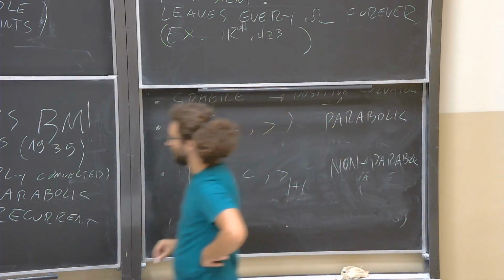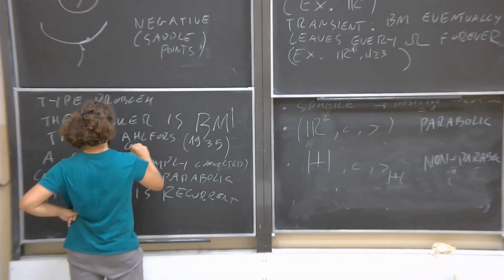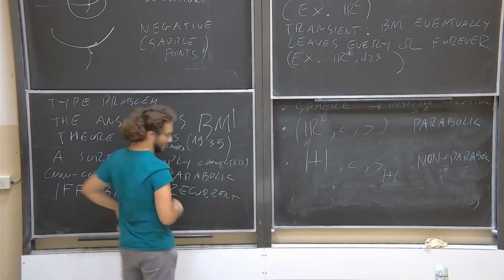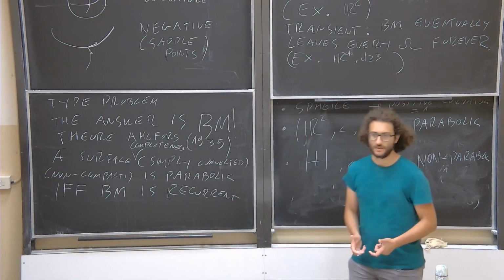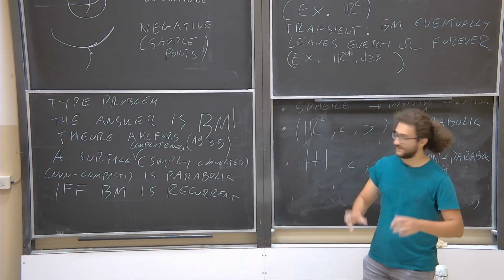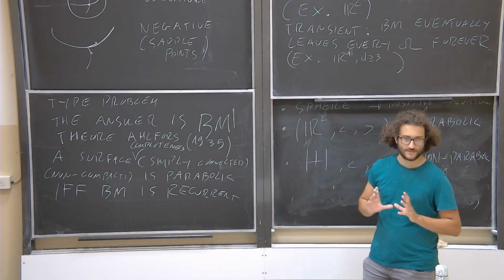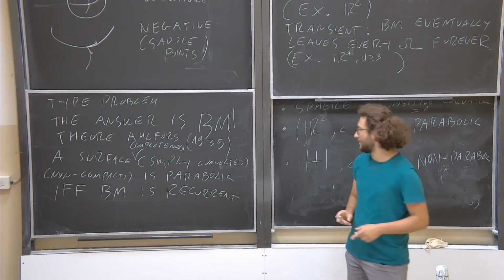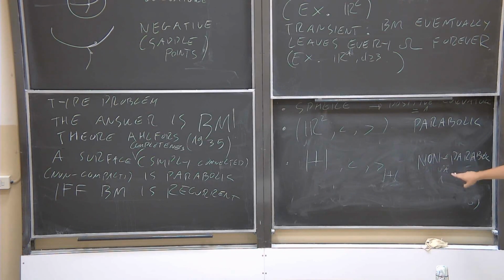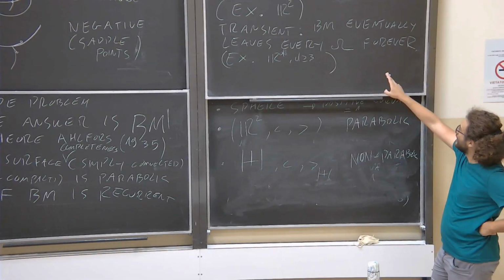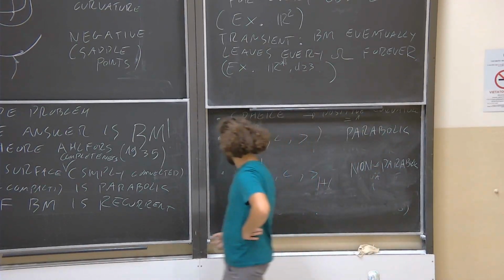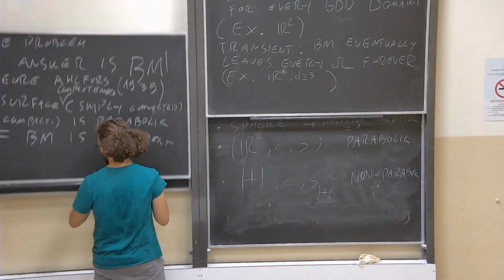Okay, one should add this definition, which is the definition of completeness, in order for this to really make sense. You can think of completeness as for a usual metric space, okay? So Cauchy sequences always converge. We have a distance, so you can think of that notion of completeness. There are also others, but that one is perfectly fine. Okay? So we learned that all non-parabolic manifolds are transient. So Brownian motion always escapes at infinity. And this is our key property.